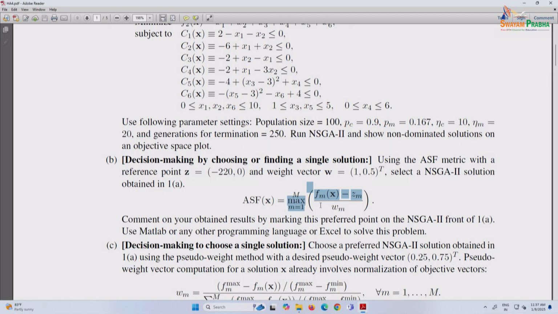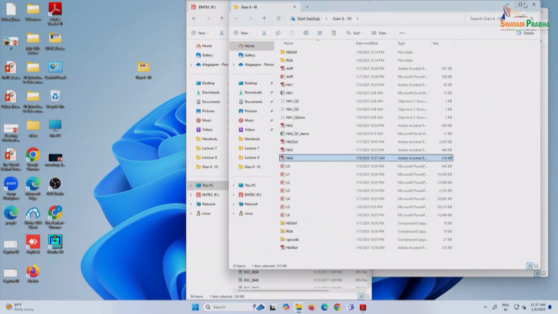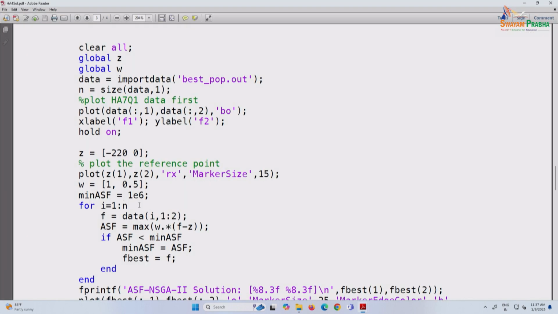Here, of course, in ASF, it's usually not necessary. Your W should take care of it, but it's a good idea to normalize. So I would say put a tilde on top of F so that you normalize F to get normalized F before you use it here. Z should also be normalized. Let me check the solution if I have done that so that we have similar results. If not, I will ask you not to so that we can grade it properly. Let me see the solution. I got the data